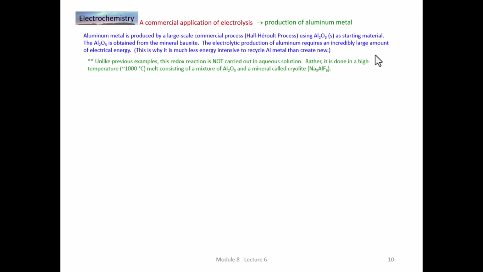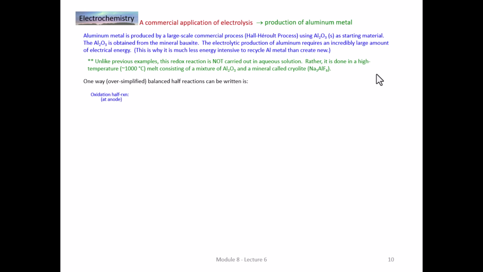Now, unlike previous examples, this redox reaction is not carried out in aqueous solution. Rather, it's done in rather brutal conditions. A high temperature melt, about 1,000 degrees Celsius, consisting of a mixture of aluminum oxide and a mineral called cryolite, which is a compound of sodium, aluminum, and fluoride. Now, there's several ways that the reactions that take place in this electrolytic cell can be written. What I'm going to show you here is one way of showing the balanced half reactions,